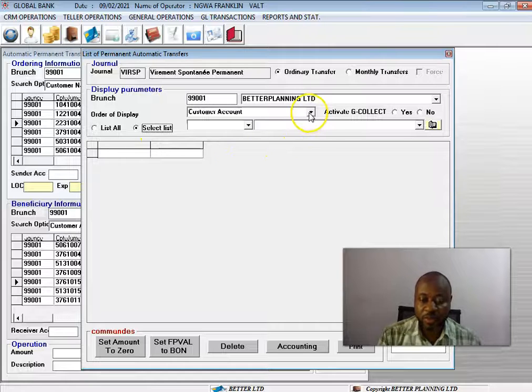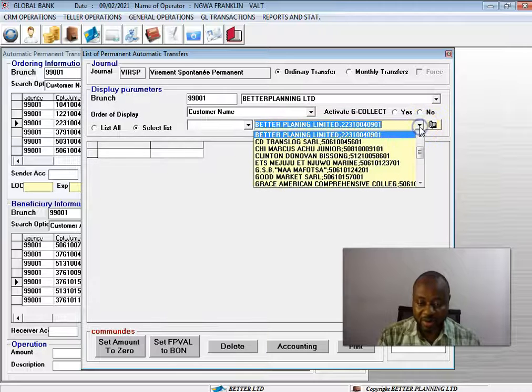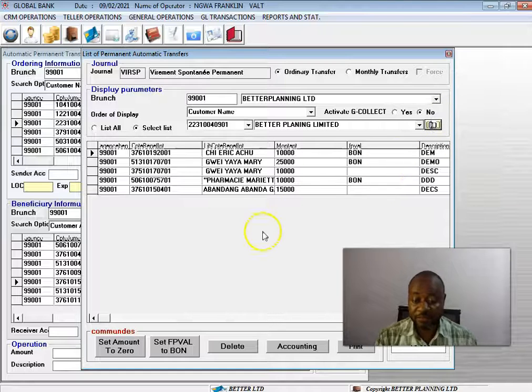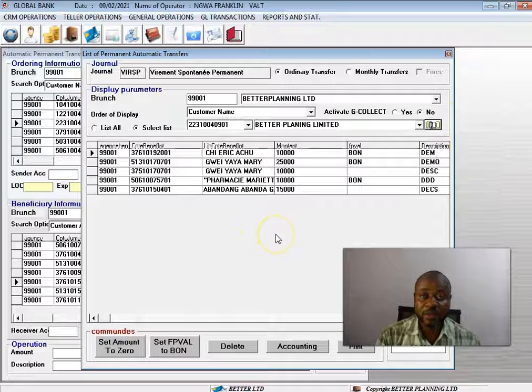In this case, we are going to pick the list of Better Planning right here. Then we have it right there in the list, and clicking on this button is going to show us a list of unprocessed